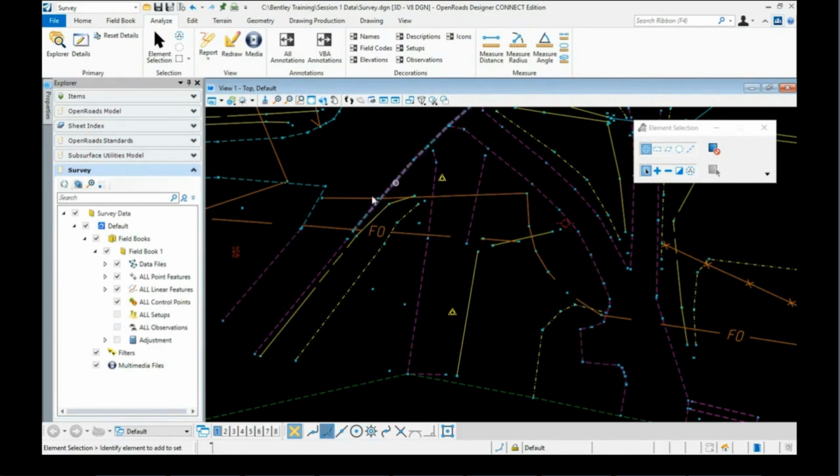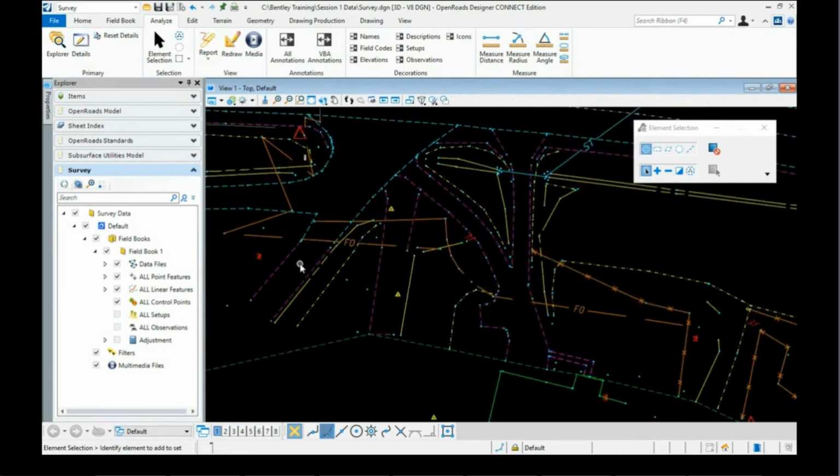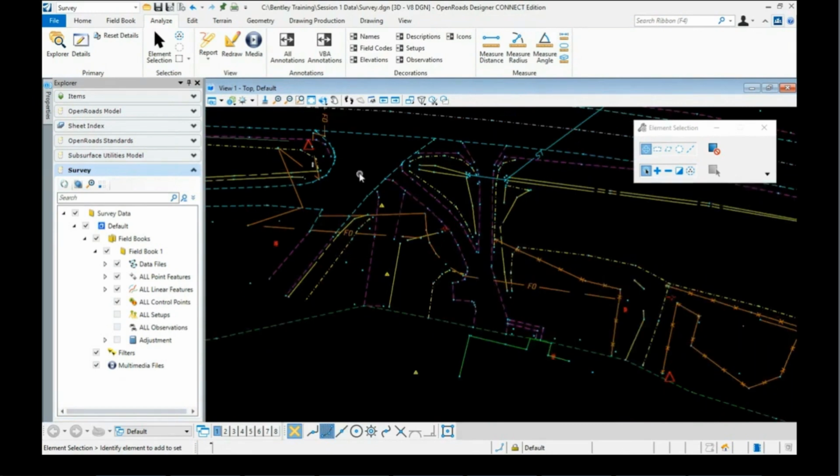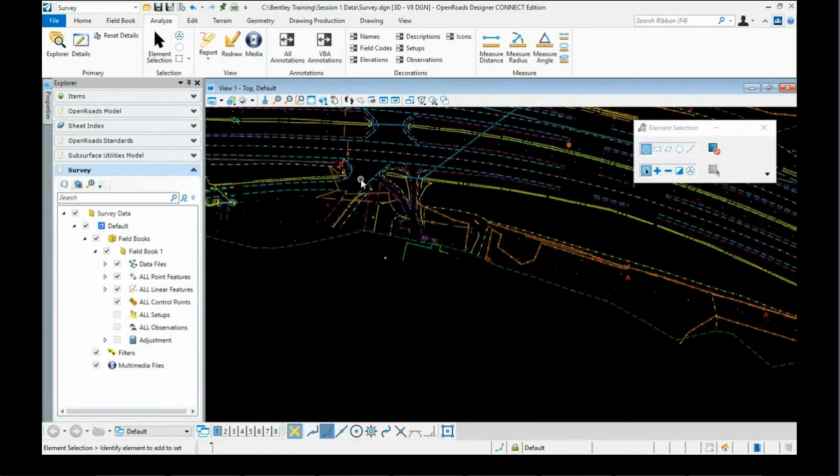And so that's what I did. I created a new string code, and this point was collected after this point, so it worked for me. If I don't want to worry so much about the order of the points in the field book, then I might want to think about using pointless features, and we'll do that here in a second. So our driveways are fixed up here now. I'm happy with that. Let's go over to